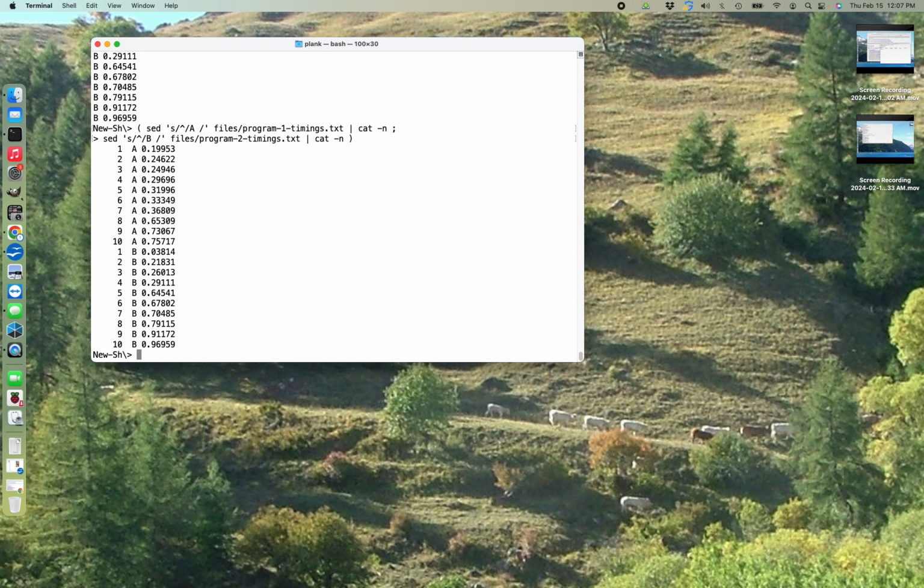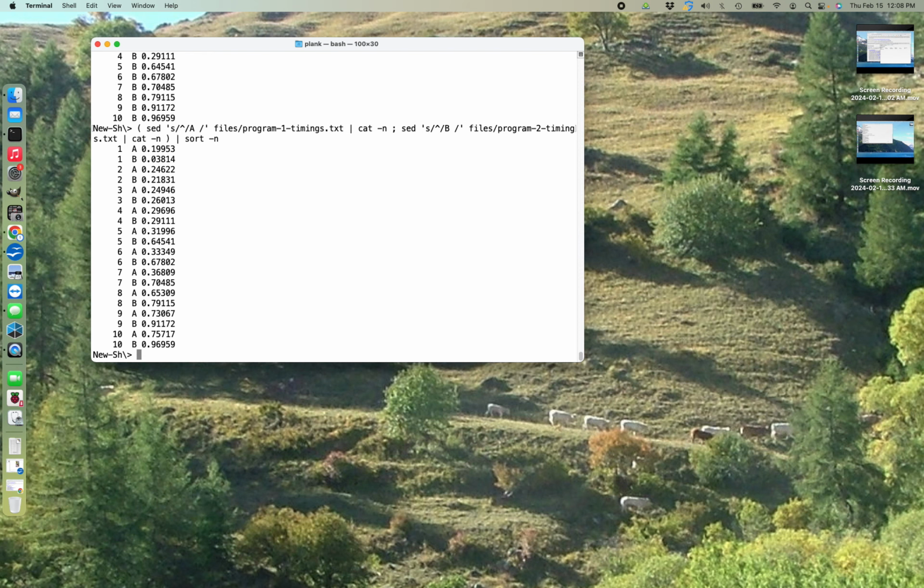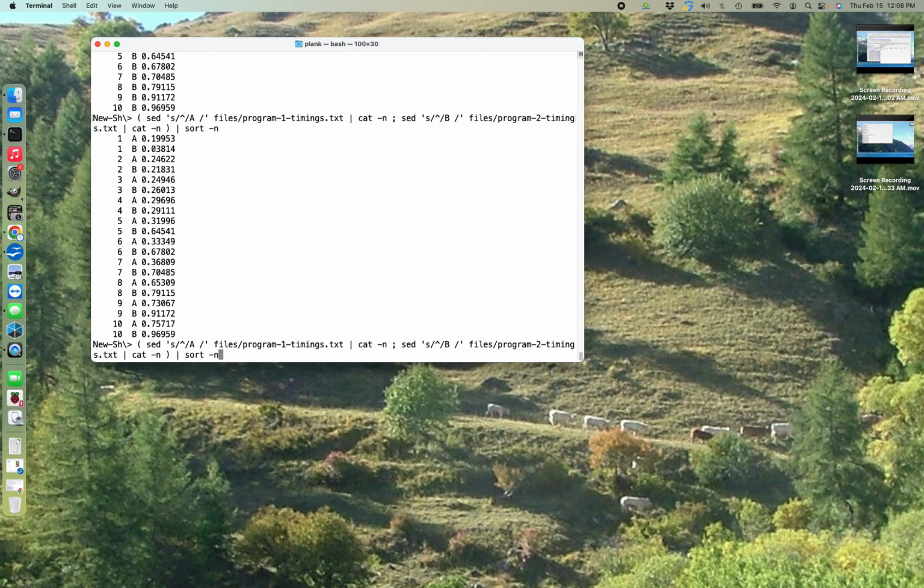Okay. All right. So now what happens when I sort them? When I sort them, I'm going to get the first lines and the second lines and the third lines. So pipe that to sort -n. Okay? And now I can pipe that to awk and say print $3, right? Because that's going to isolate the lines.